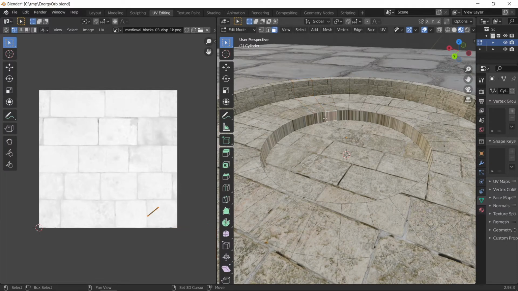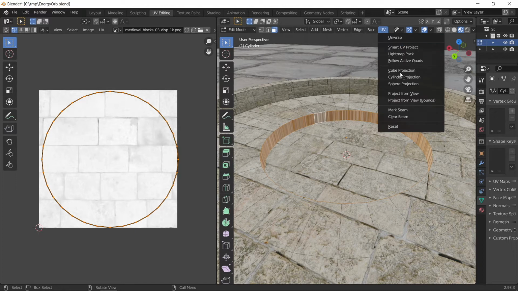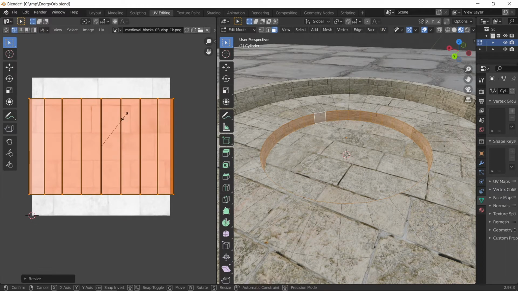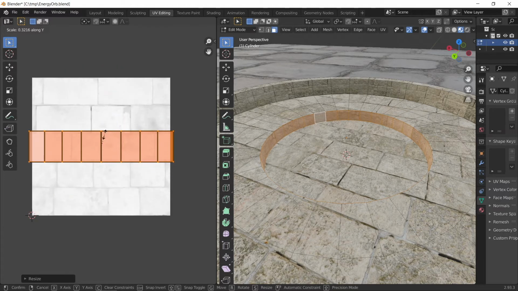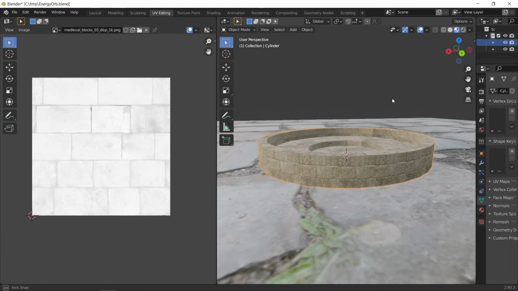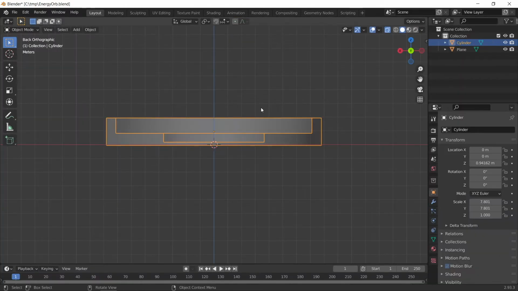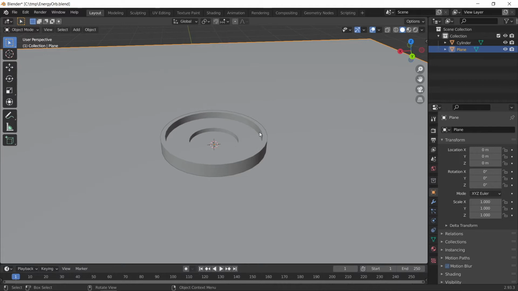Looks like I'll have to repeat it again for this inside bit as well. So I'm just going to go UV Q projection, scale it out in the X a little bit, scale it up in the Y. And we'll just put a single brick layer there. And that's looking okay for our platform. So let's just close out of UV editor